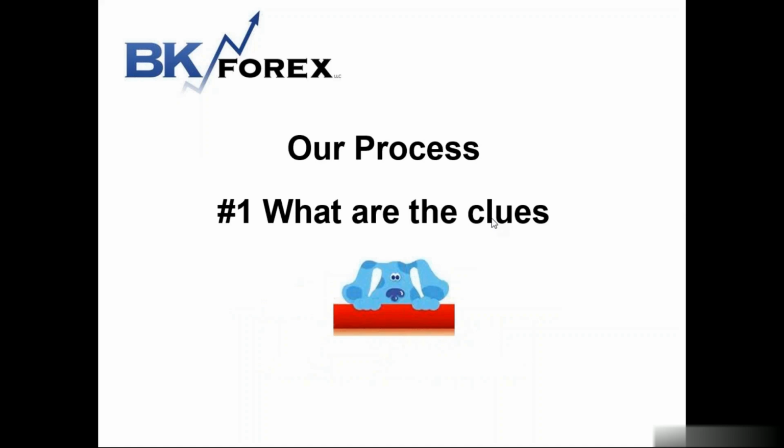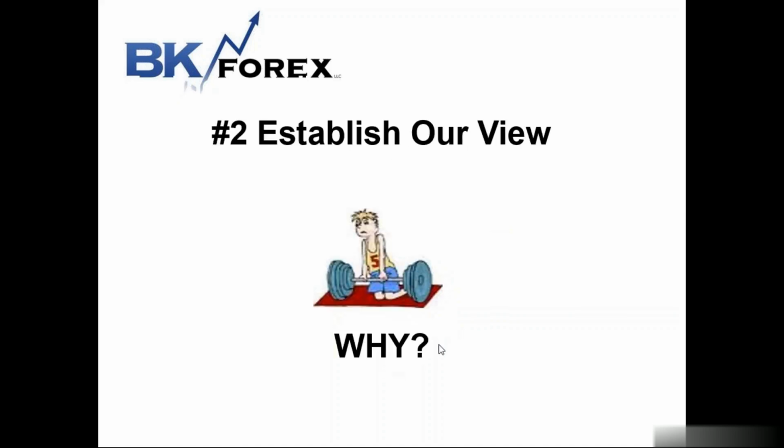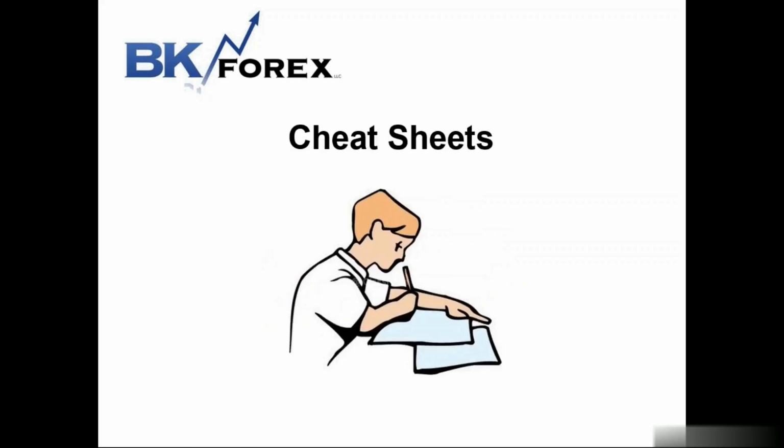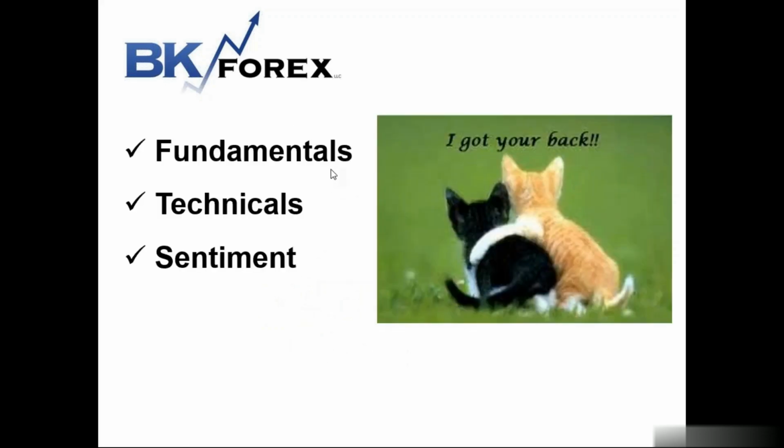So when it comes to trading in general, our process is that we start with the clues. We look for the clues and where the opportunities are. We use the clues to help us establish our views. And then we check the technicals to see if, if we're looking at a thematic swing trade, the technicals support our view. That's the process that we put into place to put together our trades: we establish our view, and then we check the charts to make sure they're conducive of it. Because with our trades, we always feel that you want fundamentals, technicals, and sentiment on your side in every single trade. And that's what we try to do with every single trade that we take.